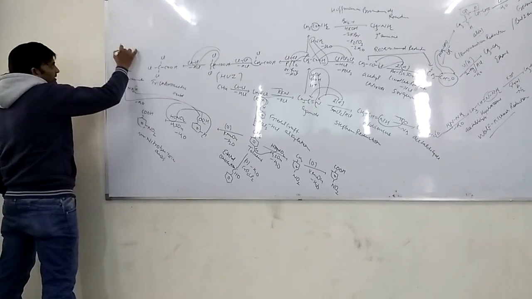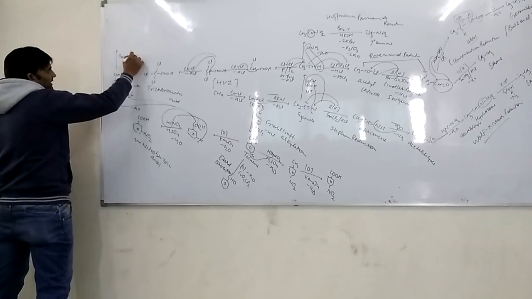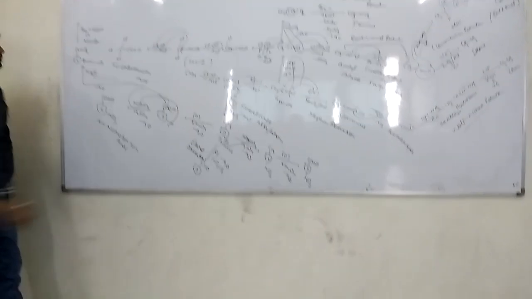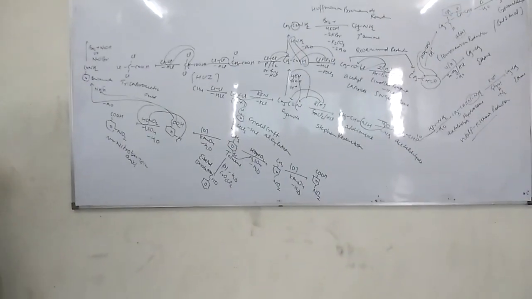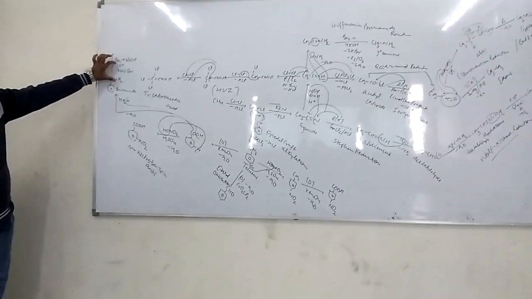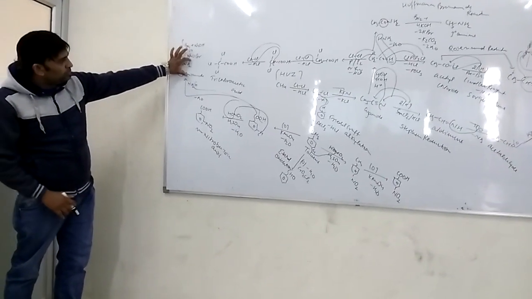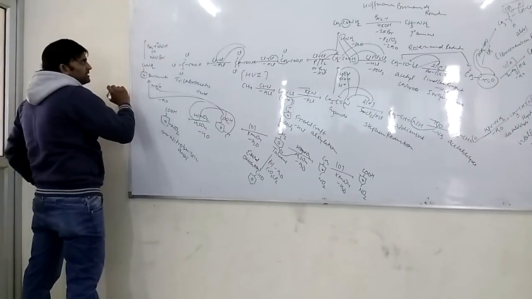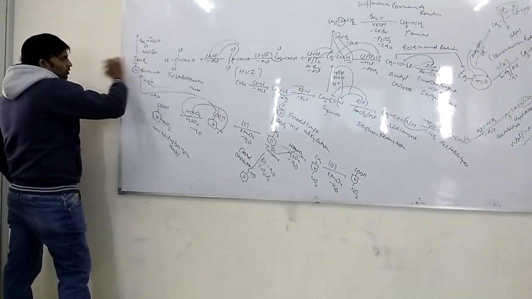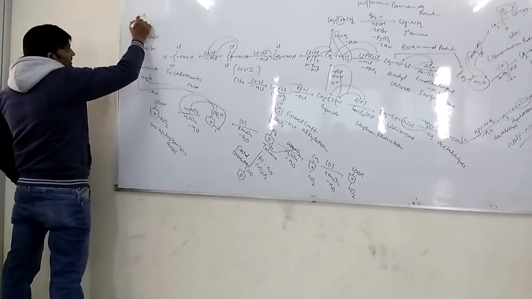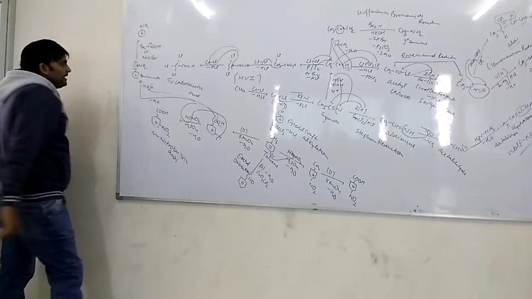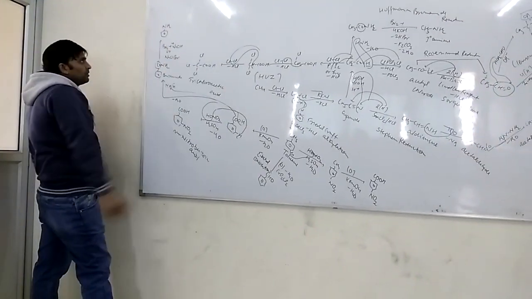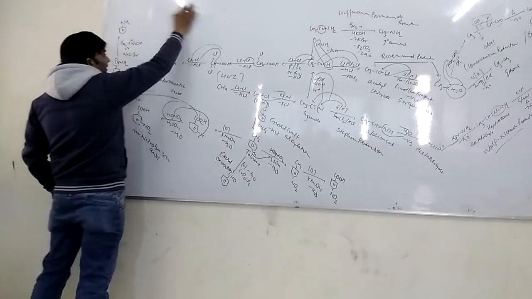If this benzamide is treated with bromine plus NaOH or KOH, or you can say NaOBr. There are three conditions for the Hofmann bromamide reaction. You can take bromine plus NaOH or NaOBr, or you can take Br2 plus KOH. You know 4 NaOH are required, and this is the loss of CO2, and you can see this is converted into aniline. This is the conversion of benzamide into aniline. This reaction is known as the Hofmann bromamide reaction.